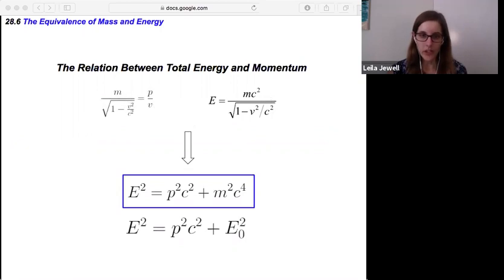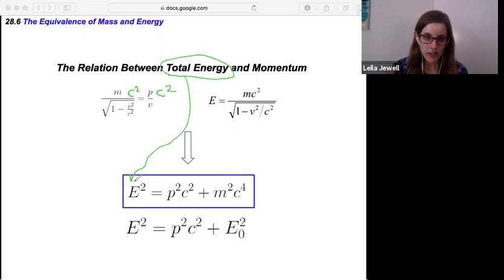We could imagine multiplying both sides of this by c squared, which as long as you do it to both, that's fair. And so we can ultimately arrive at this relationship that's really useful. You don't need to worry about how you get there as long as you're comfortable with this equation, that the total energy